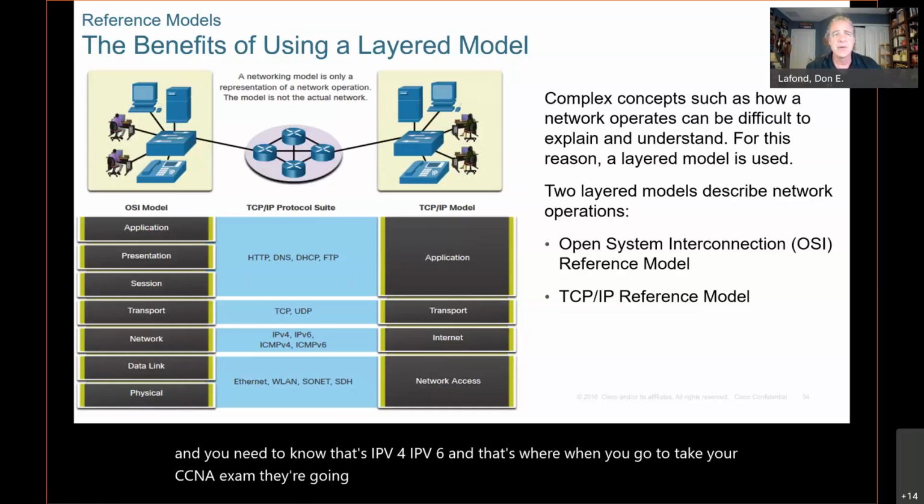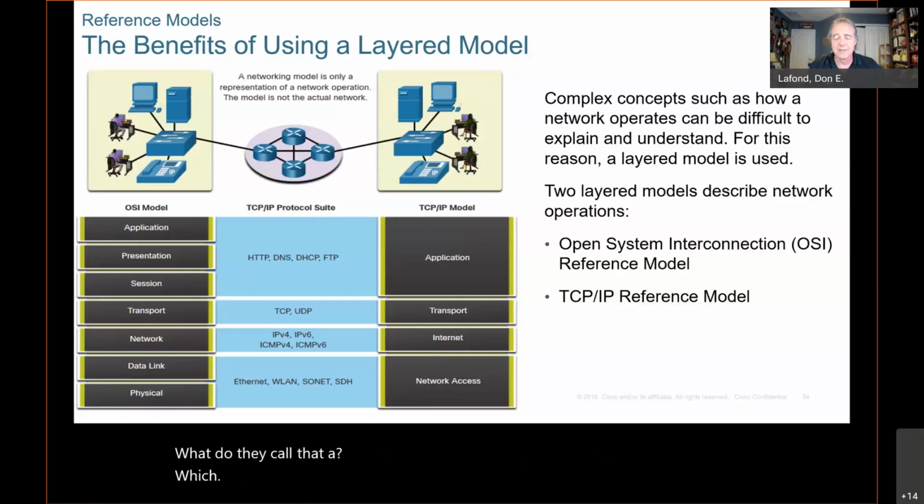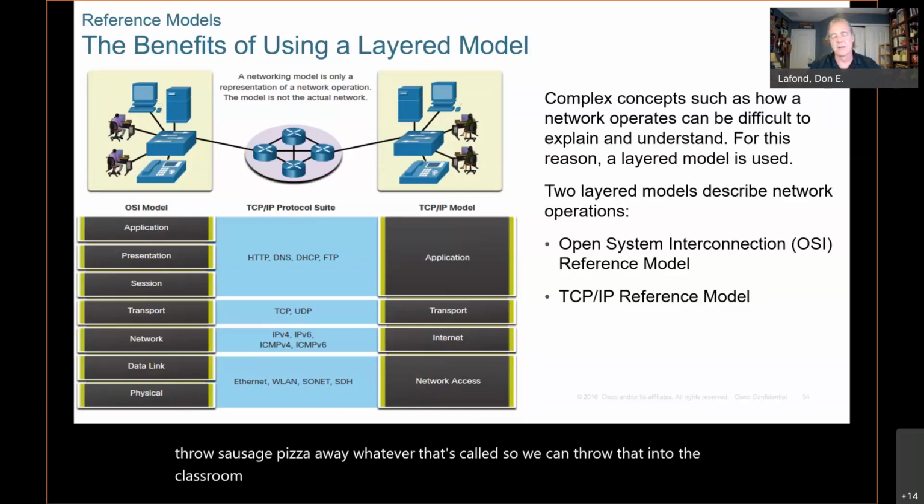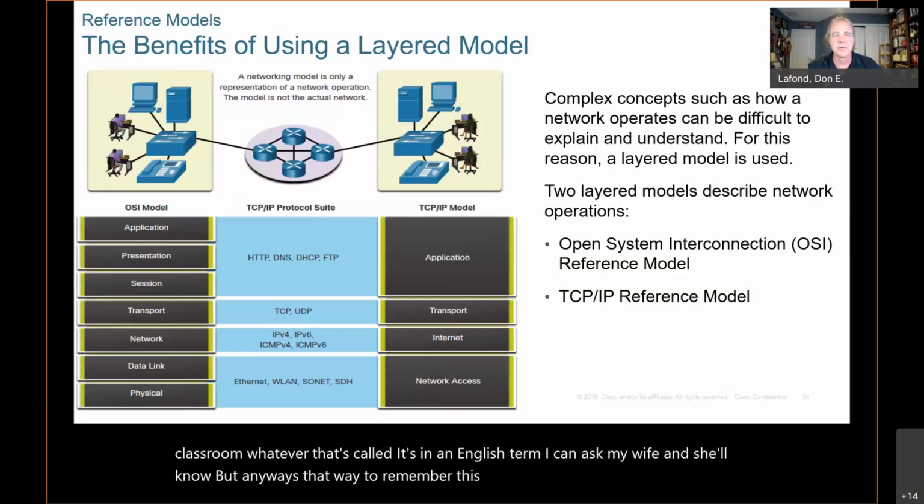And that's where, when you go to take your CCNA exam, they're going to expect you to know that. What do they call that? Nomenclature's in my head, but that's not the right word. But that please do not throw sausage pizza away, whatever that's called. Somebody can throw that into the classroom. Whatever that's called, it's an English term. I can ask my wife and she'll know. But anyways,